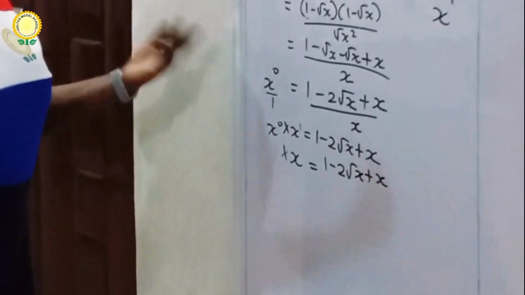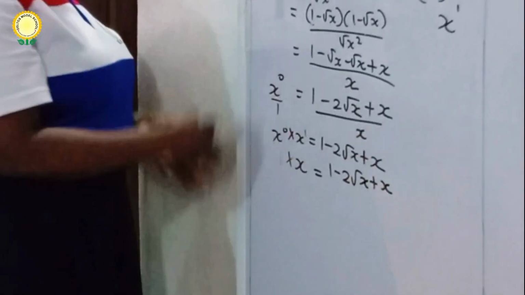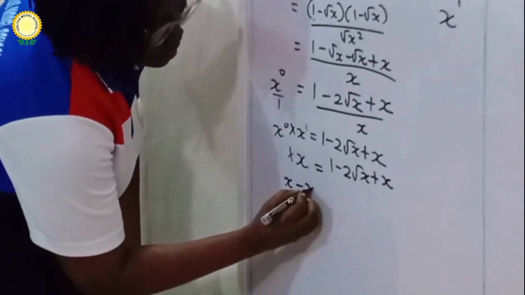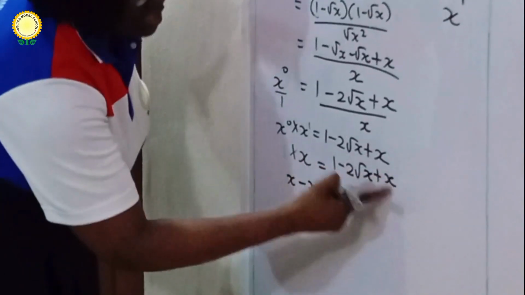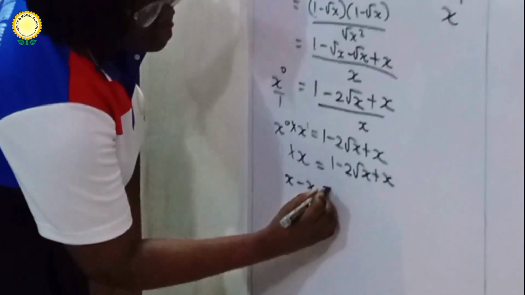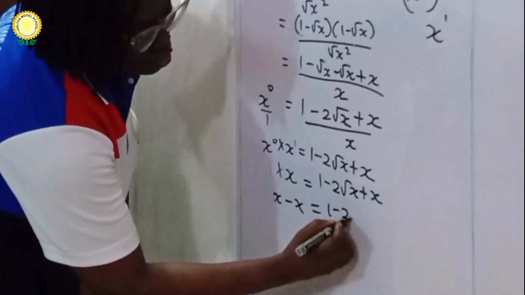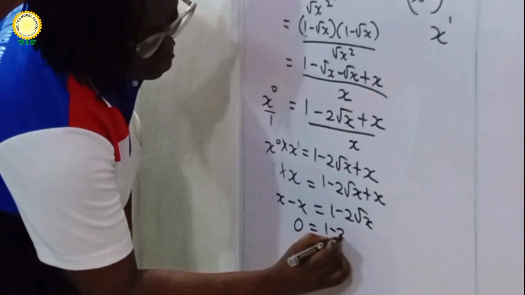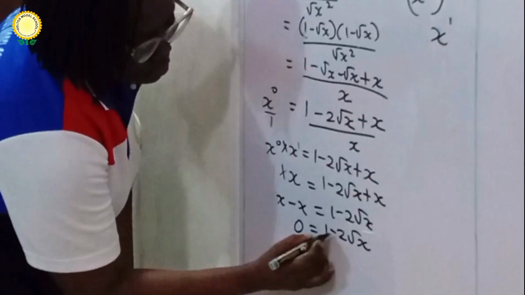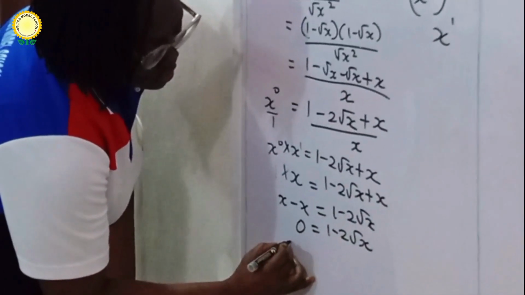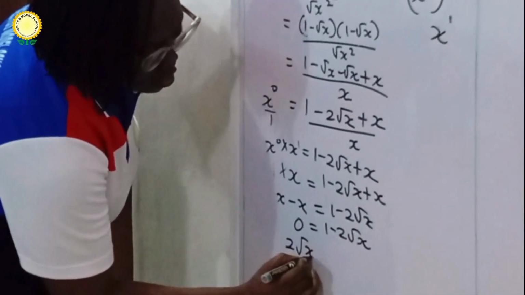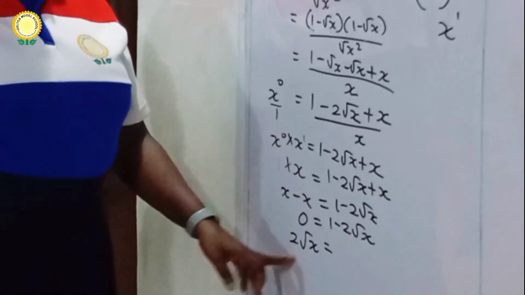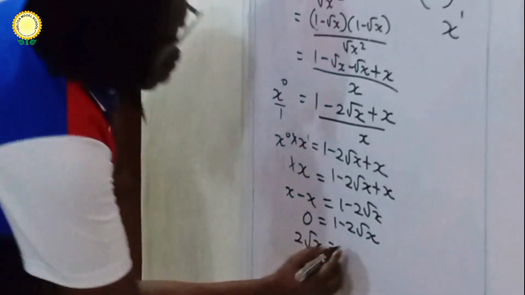What does that mean? It's going to cancel out because if we bring this x this way, it will be x minus x. So we have x minus x. X times 1 is x. This x, we bring it over here to be negative, equals 1 minus 2 root x. This becomes 0. 1 minus 2 root x. Bring 2 root x to the other side, it becomes positive. Minus 2 root x, if you bring it to the left hand side, it becomes plus 2 root x equals